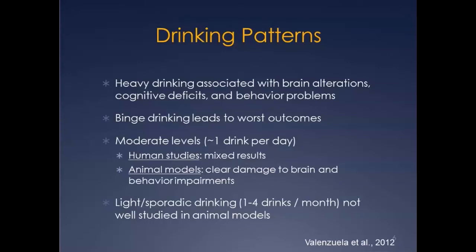Lighter sporadic drinking, which is less than that, 1 to 4 drinks per month, has not been well studied yet in animal models. But all of this is to say that the standard response about what amount of alcohol is okay during pregnancy ought to be 0, and that's not always the message that women are getting. So next we'll talk a little bit about